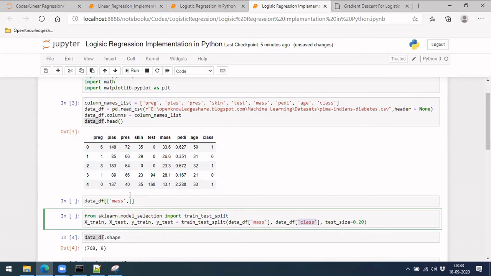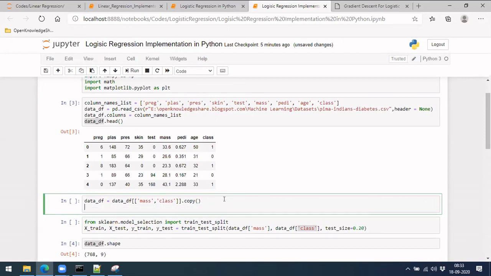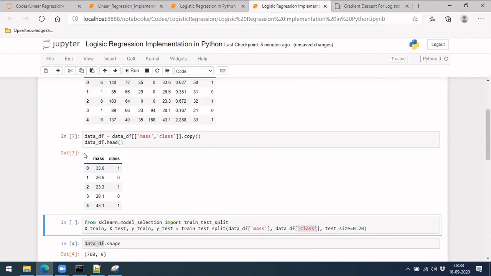We won't be very accurate, but for simplicity, let's do only that. So I'm taking only these two columns and replacing the data frame with this. Then your output would be something like this, where you only have mass and you're finally calculating class here.